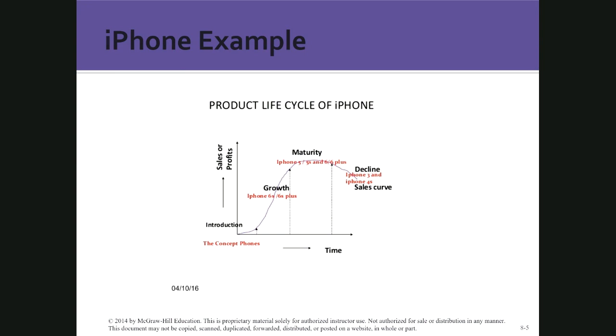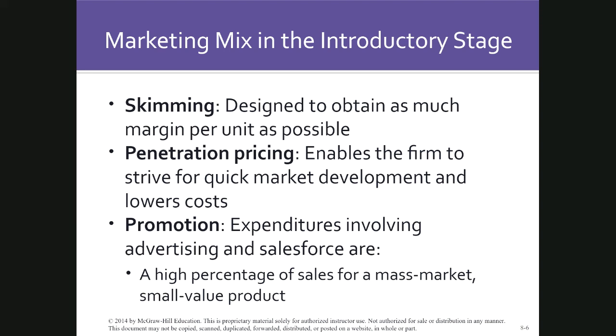This is one for the iPhone from the beginning, when they first issued the iPhone, and you'll see it goes through a growth period, and a maturity and decline. So does that mean, since this chart tops out at the 3 and the 4S, that the iPhone just went out of business? Apple quit making them? No, in fact, they make more of them than they do computers. Because the trick is